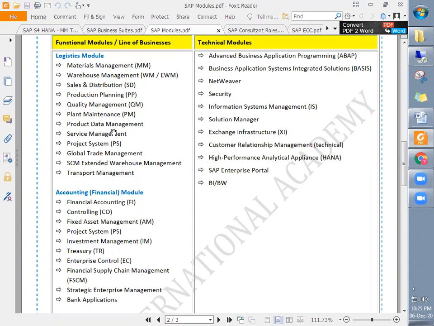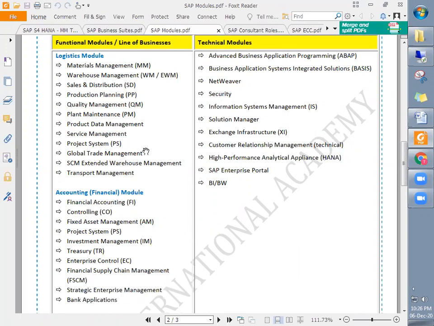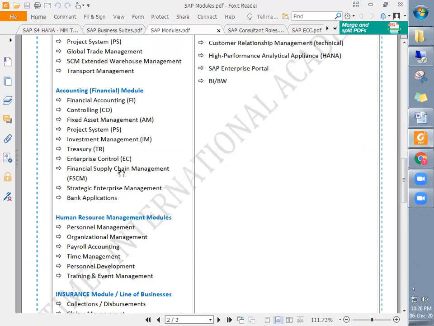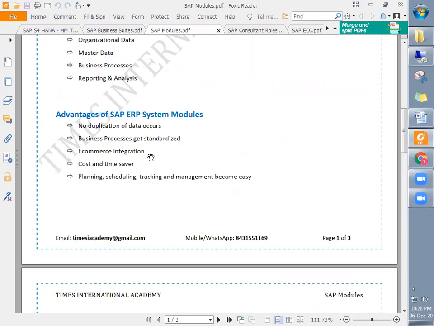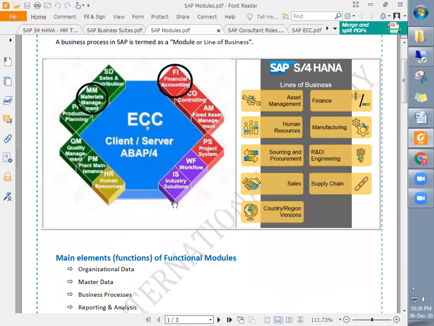degree is required, right? Even for MM, because this training is all about MM, the same is applicable, and any degree, any background is fine. Especially in functional modules, they look for SAP skills with any degree. That is the minimum requirement, and there are no prerequisites like that in order to make a career in SAP functional modules. So this is all about the different SAP modules.